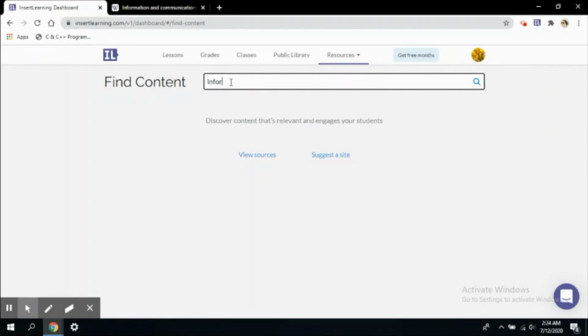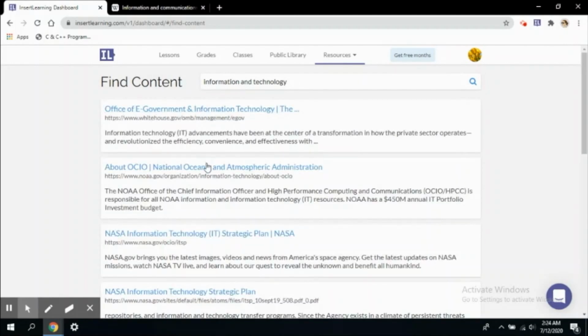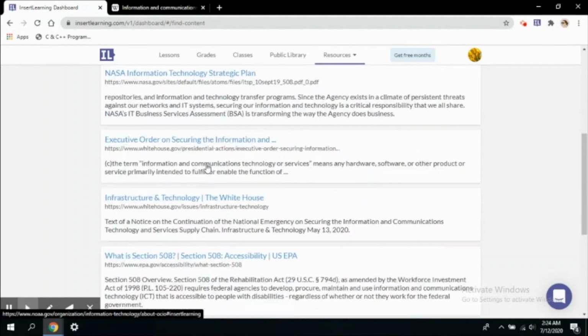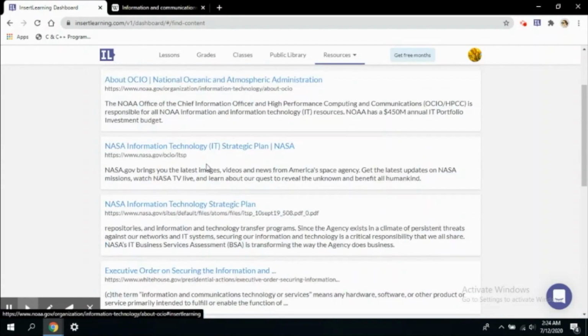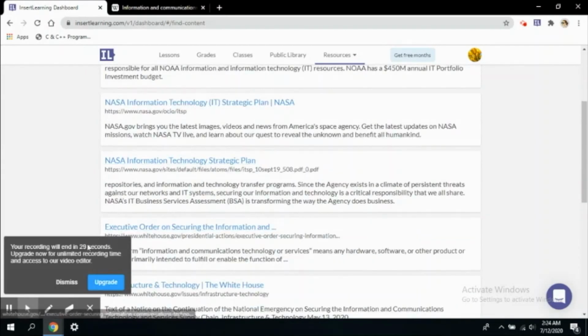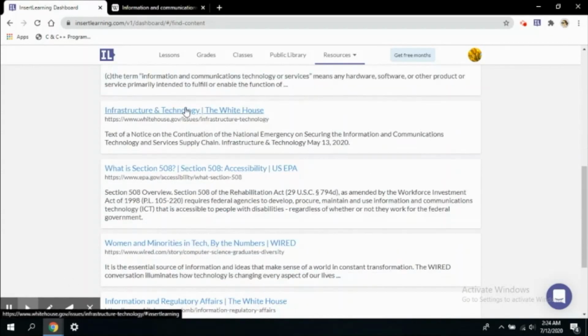You can type in your topic, information and technology, let's say. It will list all the content available in InsertLearning's inbuilt search engine, and you can select any of these to create your interactive lesson and start creating another